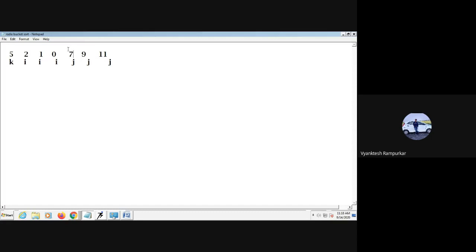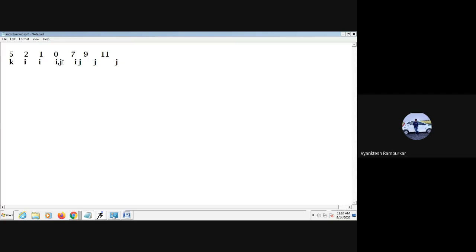And again we have to repeat the procedure. Quickly, procedure: a of i, is it less than or equal to key? Yes, i plus plus, i comes to here. Now when i comes here, is it less than or equal to key? No, i stops. i stops, and j, which we started from: a of j, is it greater than key? Yes, j minus minus. Now j comes to this.